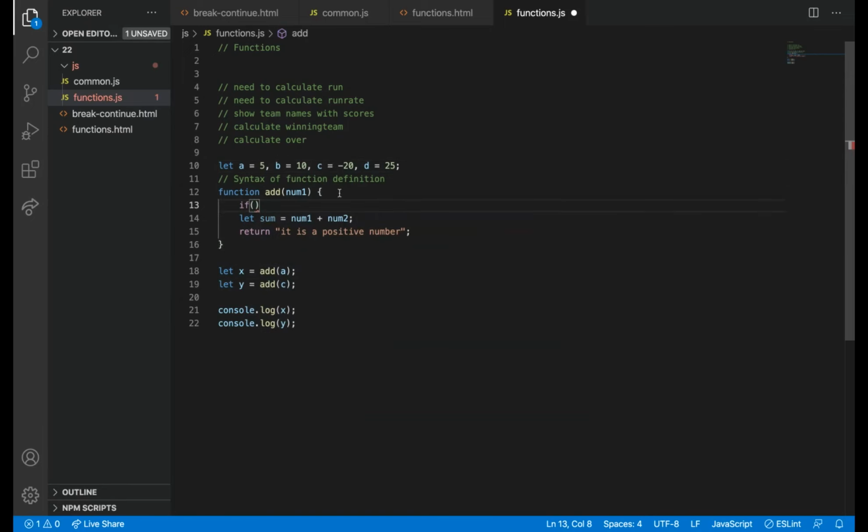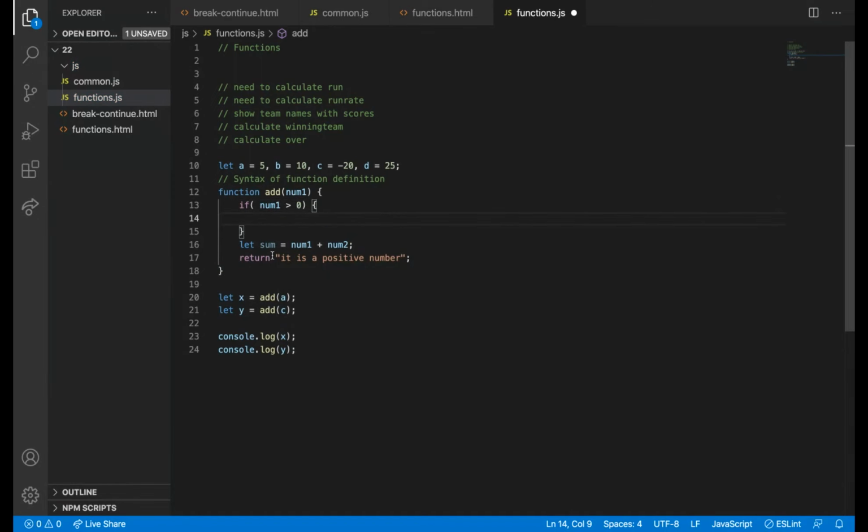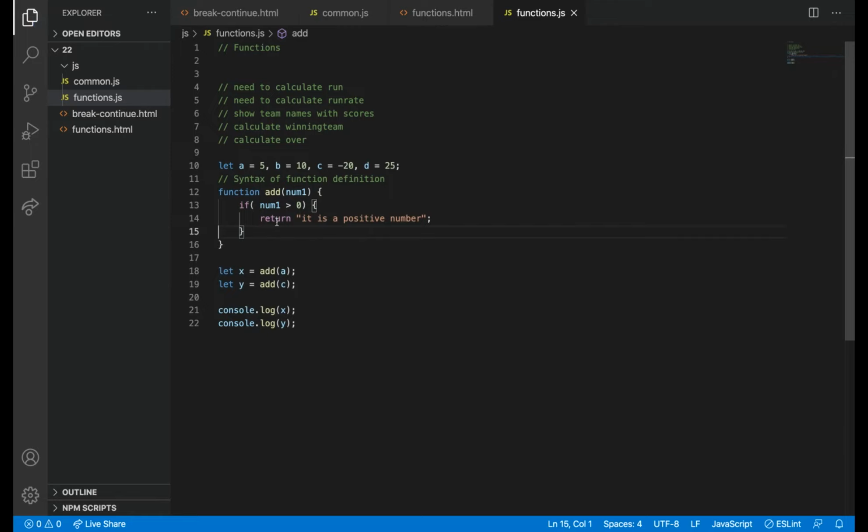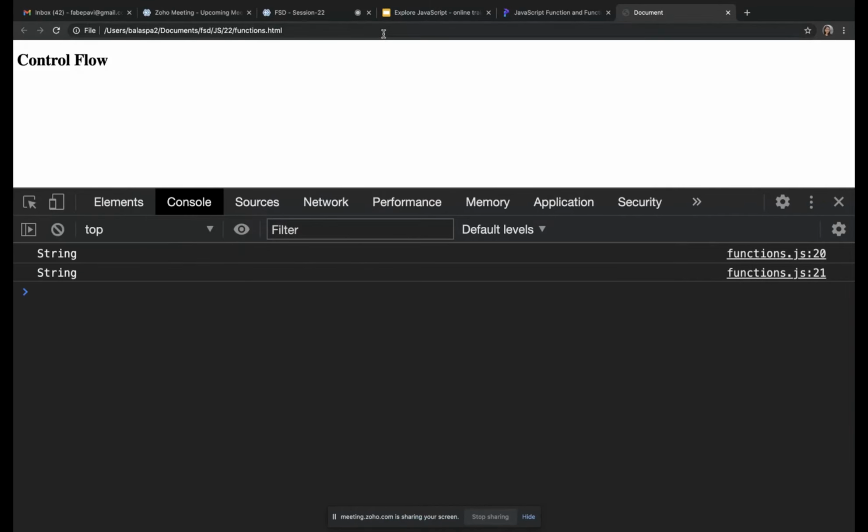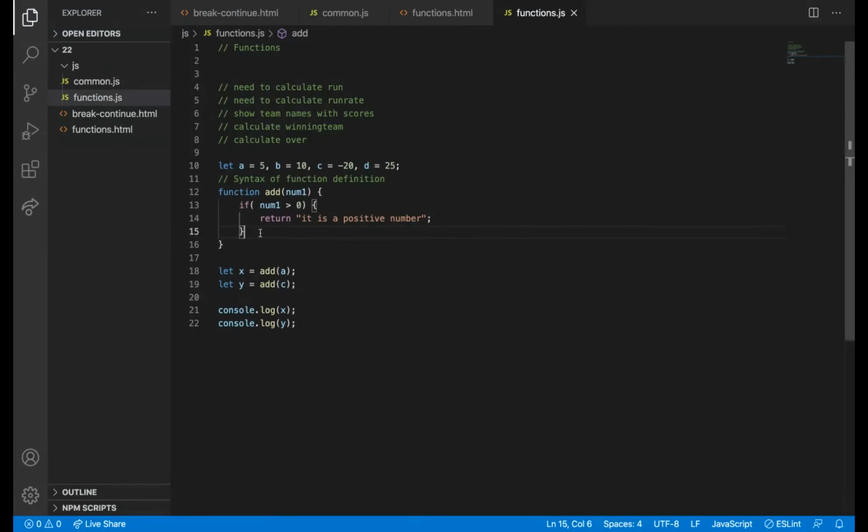If num1 is greater than 0, else, not else, I can say here itself, it is a negative number.